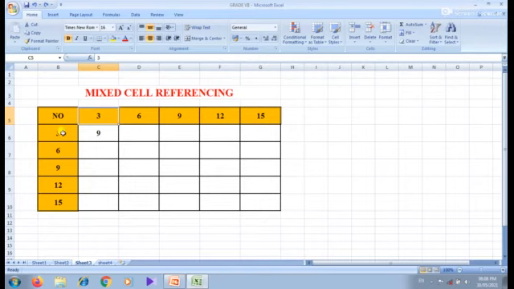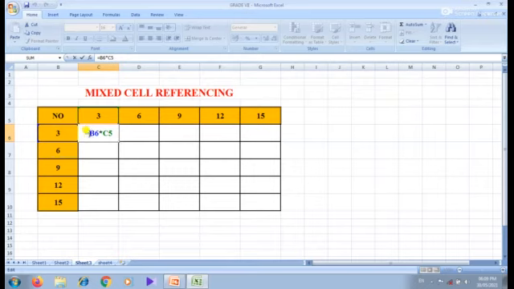Is it clear, students? Here we have to lock the column B. How can we lock the cell? That means lock the cell B6, that is, the cell reference of this value is B6.